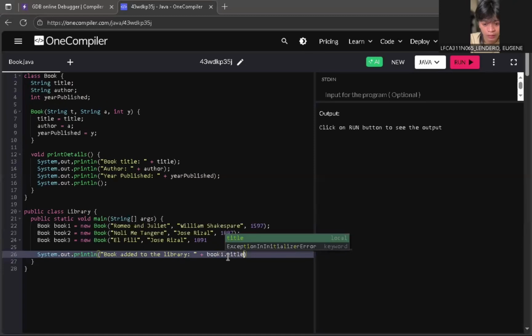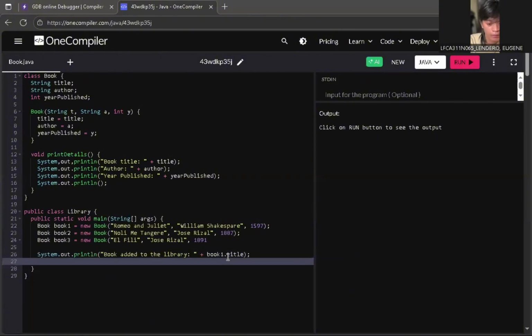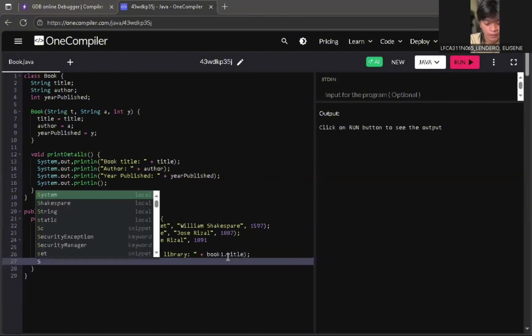Again, we have another System.out.print for the second book to be able to print our details.